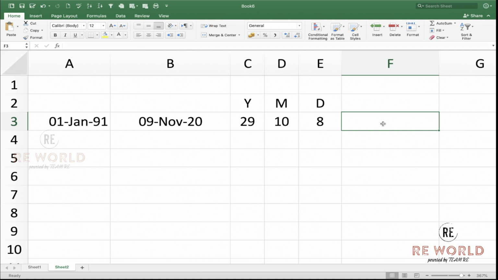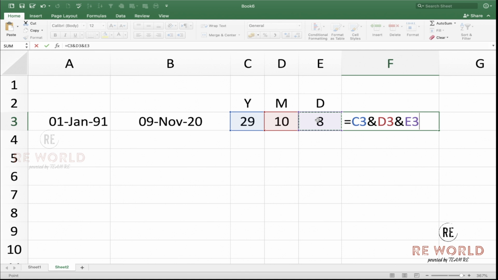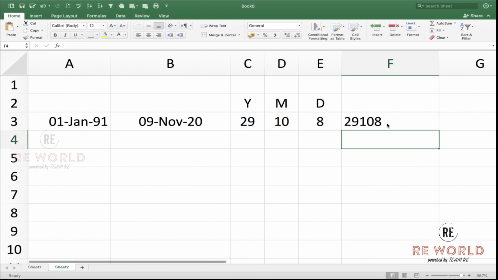Now I'll do a little trick. I'll try to make it in one cell rather than putting it into 3 cells. It's up to you in which shape you need the data. But just to show you how we can make it in one cell rather than having 3 different columns for the same formula, we can get it in the same one cell. Okay, with the AND function, this AND function, and this. You can do it this way as well. If you do it this way, it is now 2910. You cannot identify which one is the year, which one is the days, and which one is the month.